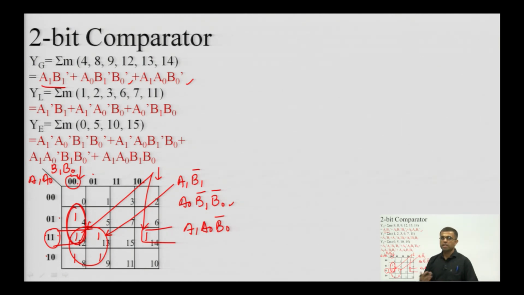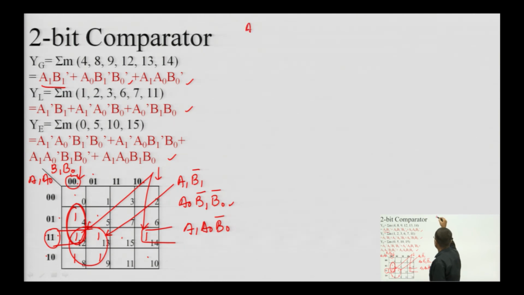Similarly, we can use another K map to derive the expression for y l, which comes out to be this one, and similarly we can prepare another K map for y e, in which there will be no grouping, as the terms will be on the diagonal positions. So, the expression for y e was also written here. So, the expressions are now available to me, and this expression can be converted into a circuit. So, let us do that.